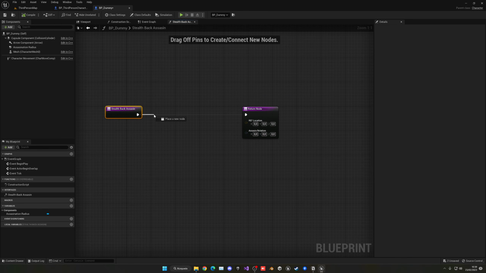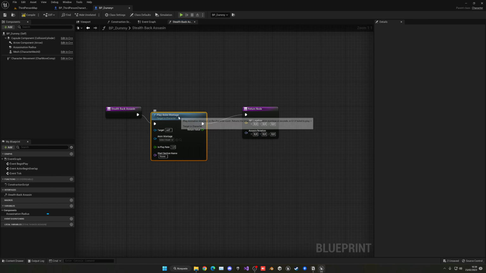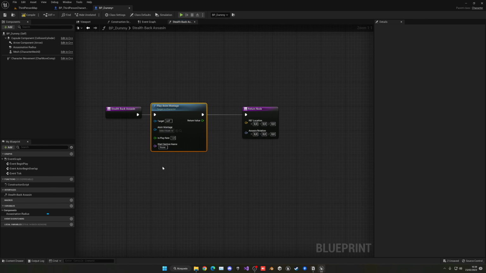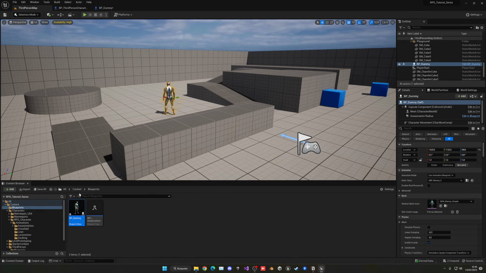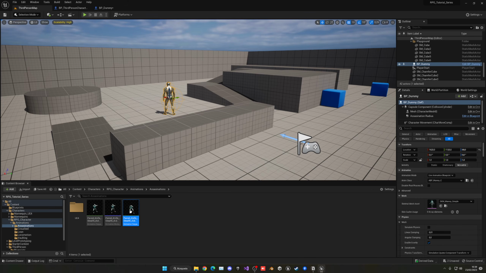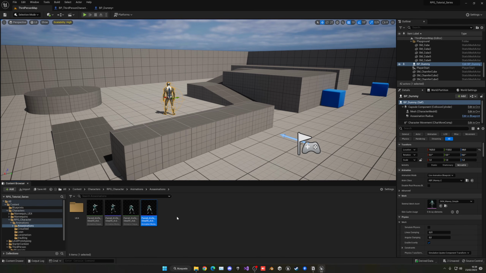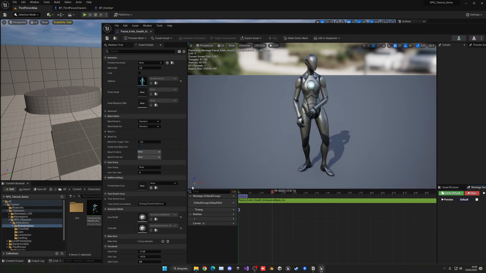Well, first of all, we want to play an anim montage. So we want to basically play the animation of the victim. So let's go into content, characters, RPG, animations, assassinations, and now this is basically the victim. So what we have to do is right click and create also an anim montage for it. Put the name as it is, and then we can double click and open it and you will see it